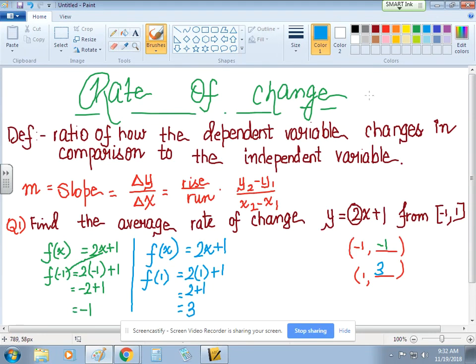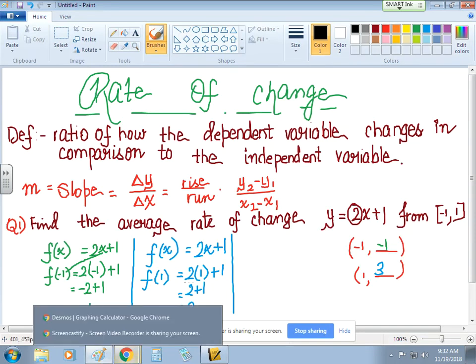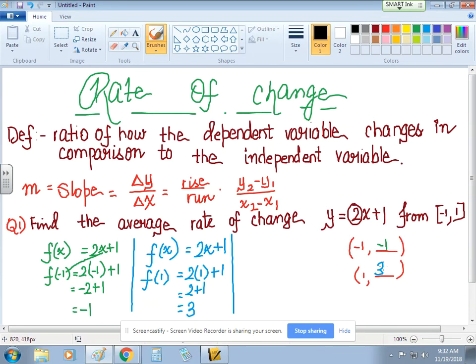All right, we got both of our points, students. We now have to calculate the average rate of change. Remember, whenever your graph is a straight line like we saw on Desmos, it's always going to be the same slope no matter what points you take. So our slope is going to be m equals y minus y. So I subtract the y's. That'll be 3 minus negative 1